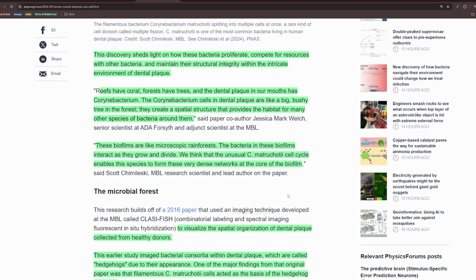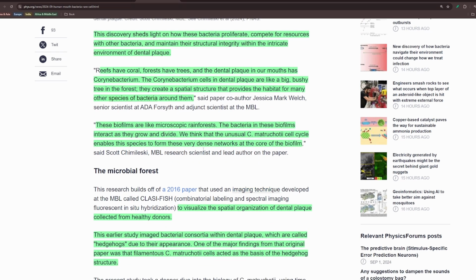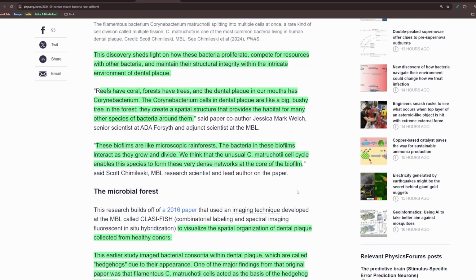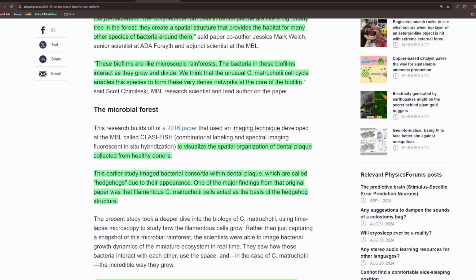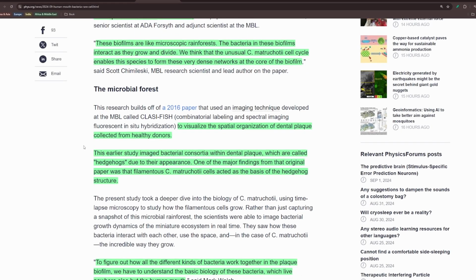The bacteria in these biofilms interact as they grow and divide. We think that the unusual C. matruchotii cell cycle enables the species to form these very dense networks at the core of the biofilm. The microbial forest. The research builds off a 2016 paper that used an imaging technique developed at the MBL called